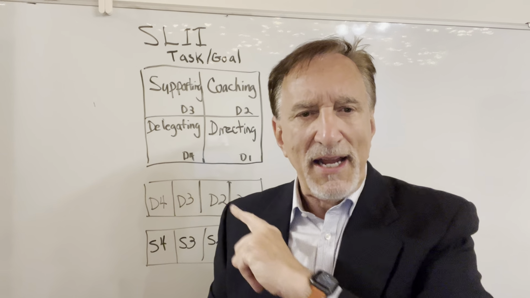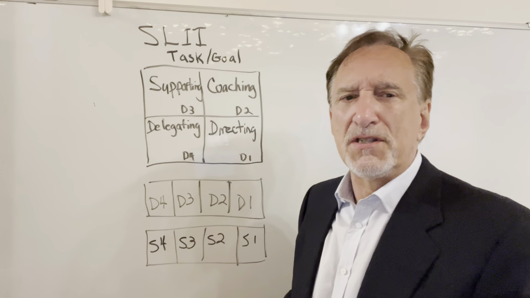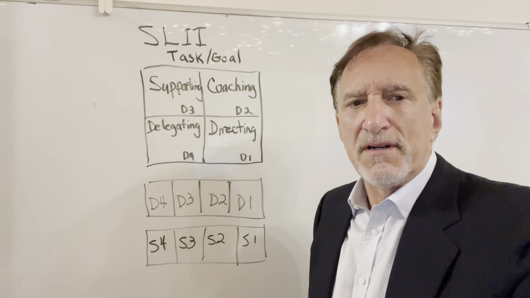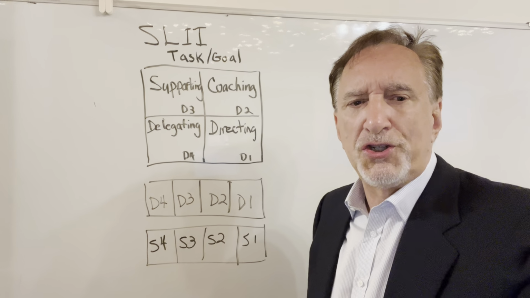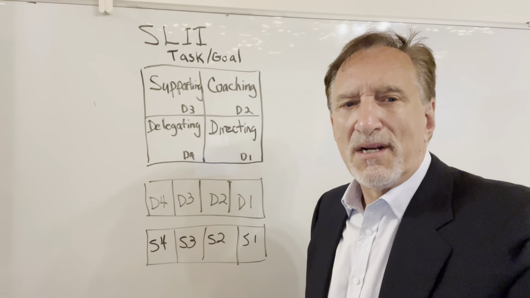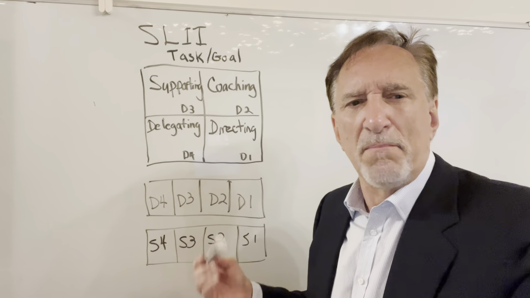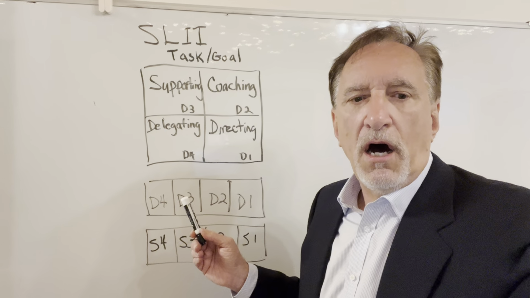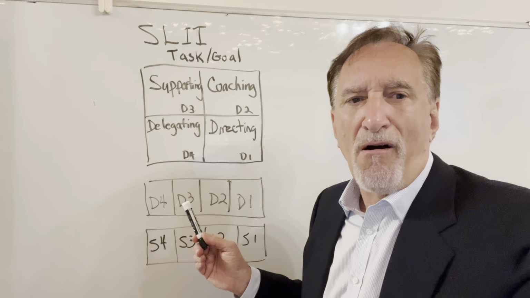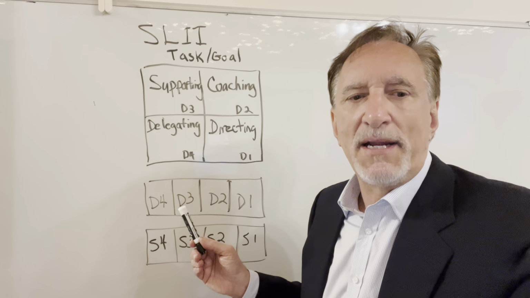All right, so let's go back to this quadrant diagram that I have up here. This is one of the central points of situational leadership. I'm thinking about how I want to show this in order to optimize our limited time in this session. I'll have to come back to it. I want to go through each one of these quadrants one more time so that you can understand the development level of a person and what they need from you as a leader, what they need from you as a manager.